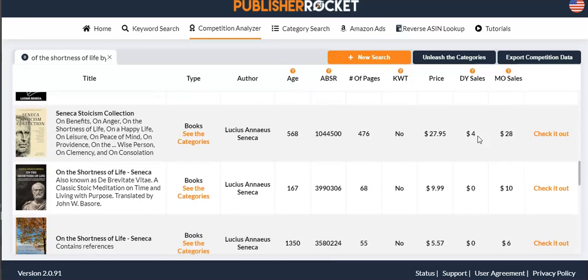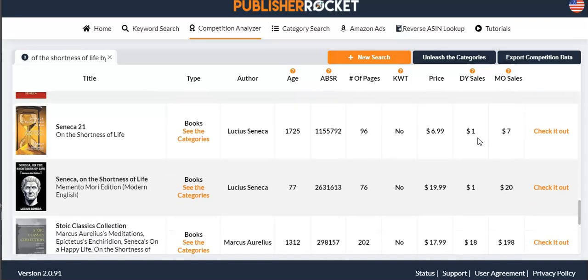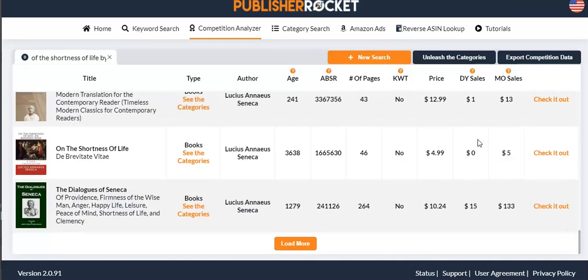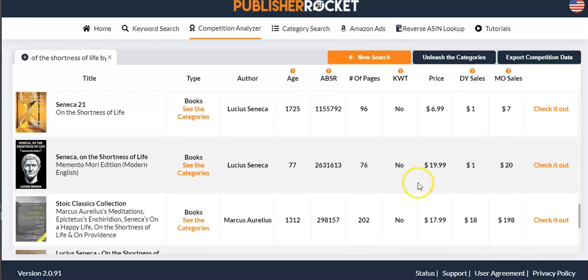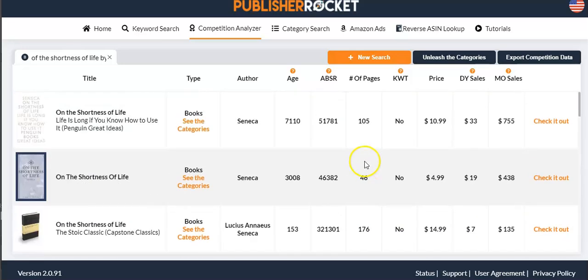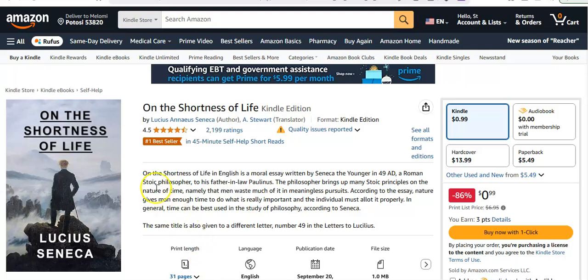So you see all these different ones. Some aren't selling much, some are selling quite a bit. It's interesting though. I wonder if there's a way. You're learning as I'm learning here.